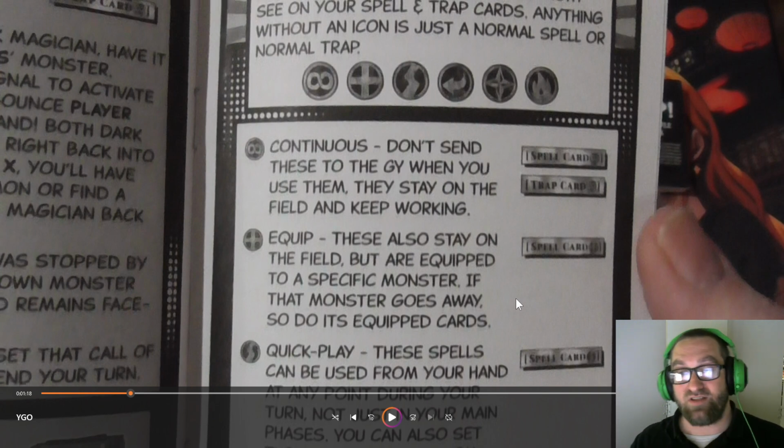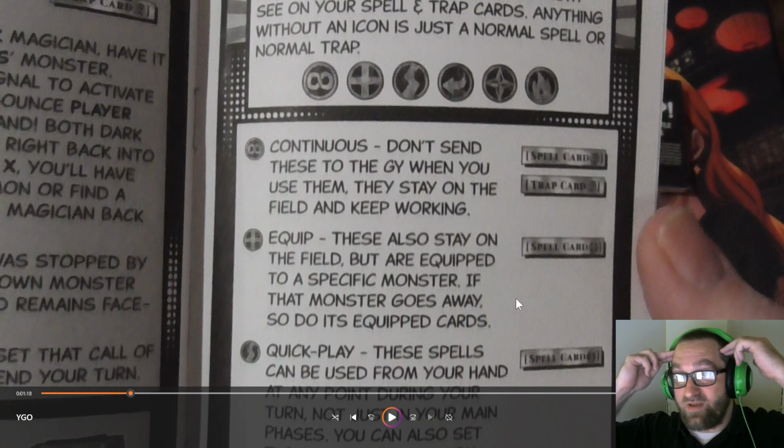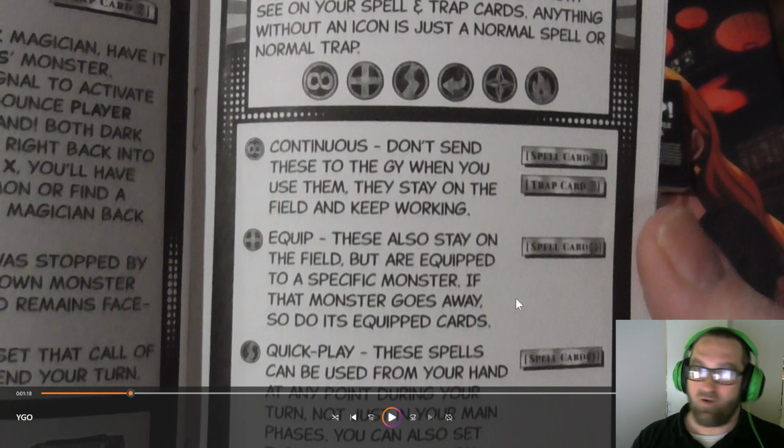Continuous, don't send these to the graveyard when you use them. They stay on the field and keep working. In my Magic mind, or One Piece mind, I'm thinking a continuous effect is basically like a stage in One Piece, or it's like an enchantment in Magic the Gathering. I like that. Equip, that's an equipment in...